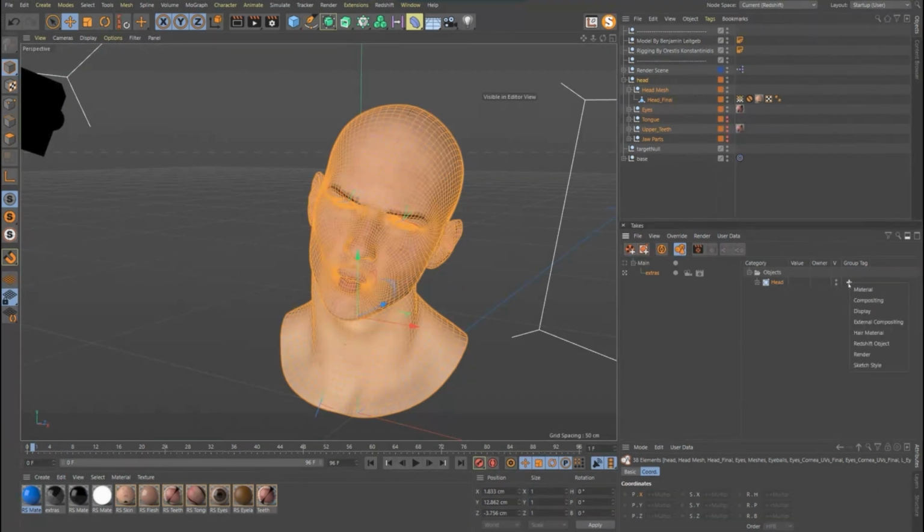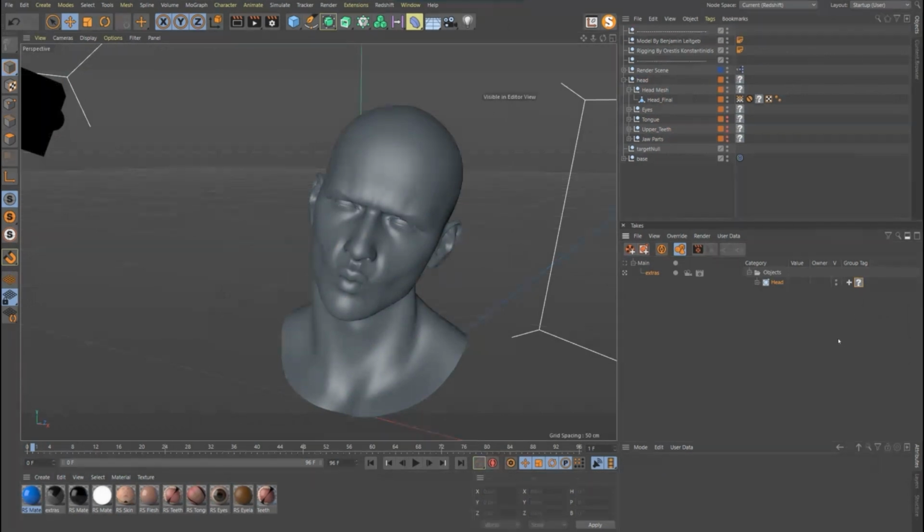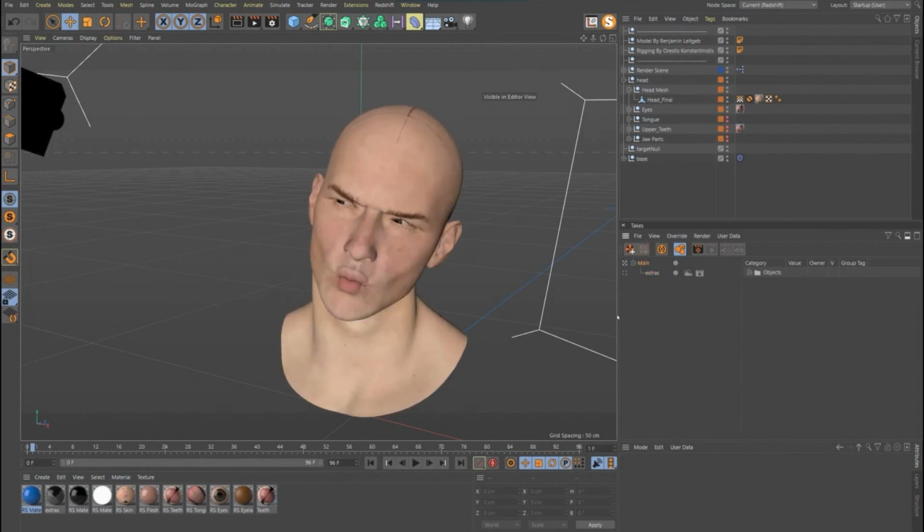And then you have this group tag. What this lets you do is add an override to an entire group of something. And what I want will be material. And now you'll see all my materials have this take override on them. So let's just drag our material over here. Let's turn that on. And you'll see now he's blue. And if I go here, now he's got these other materials, which is great.